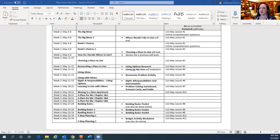Hey everybody, we are going to start our May unit today. And guess what we are going to talk about? Deciding where to live. I'm going to show you our calendar for May quick with our lesson plan grid